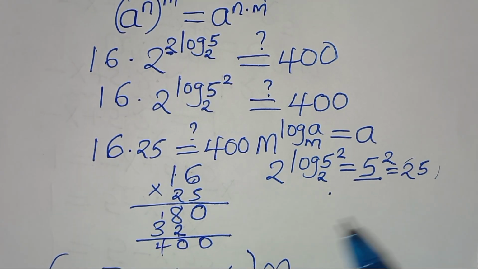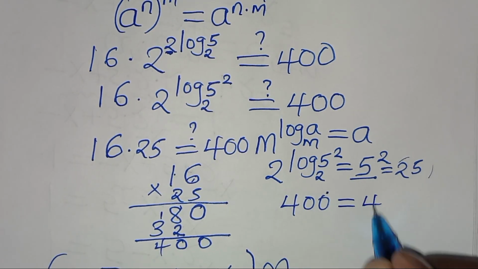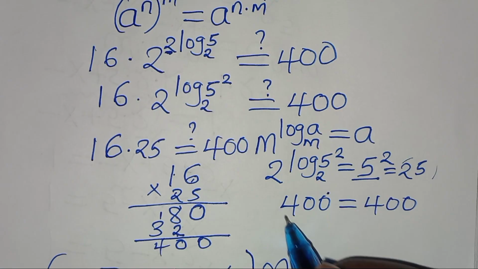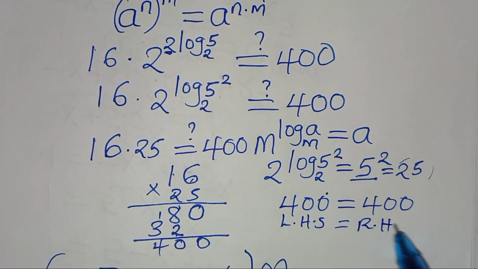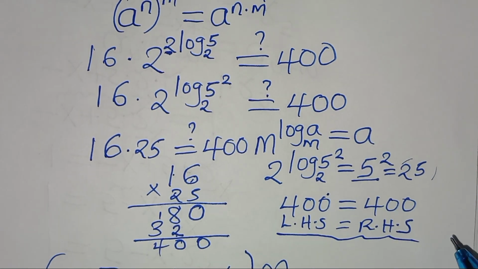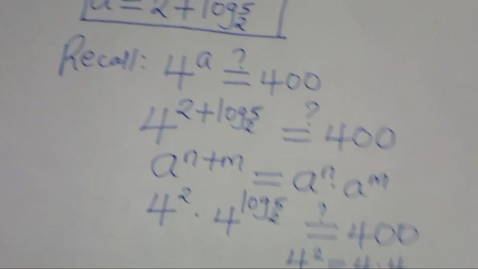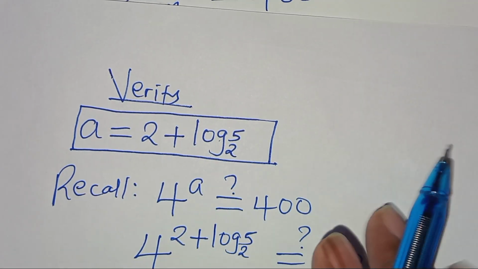So this is 400. So we have that 400 is equal to 400. That is, the left hand side is equal to the right hand side. And this proves that the value of a, which is equal to 2 plus log 5 to base 2, satisfies